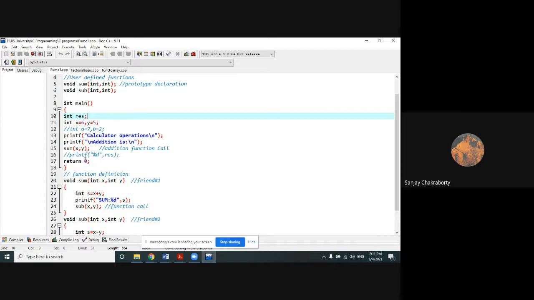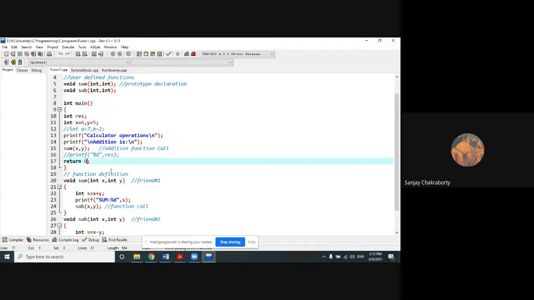But one thing you should remember: if we use this return type, what should its value be? This return value can be any integer value. Make that clear first. Why an integer value? Because we declared the return type in front of the main method with the integer data type.